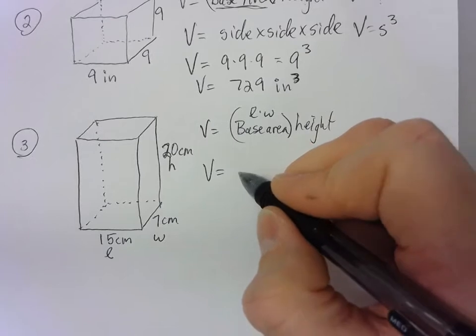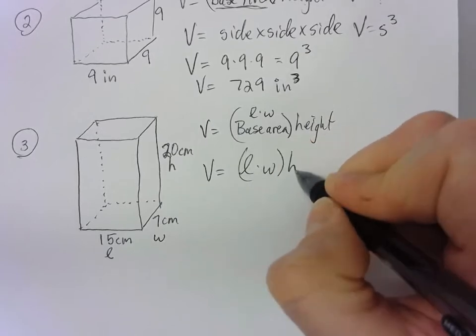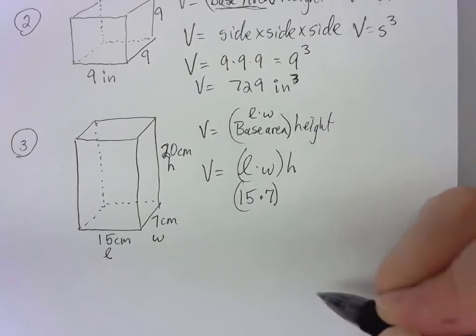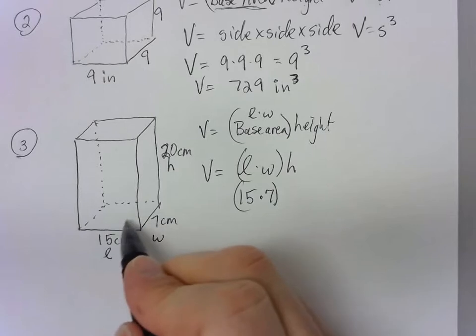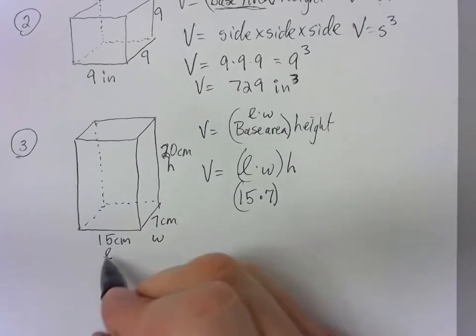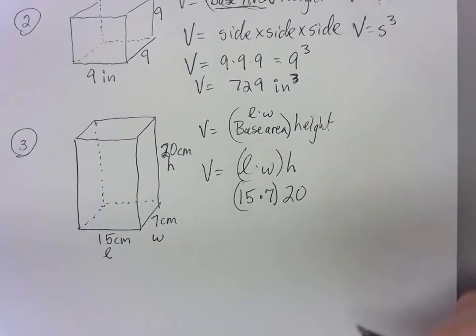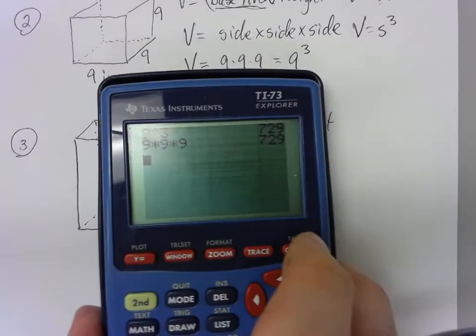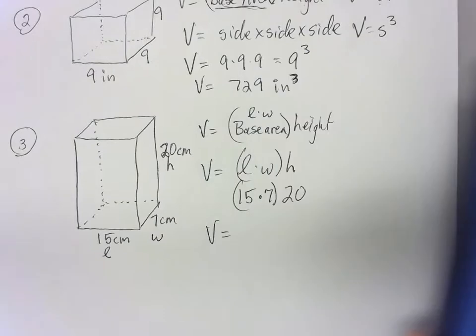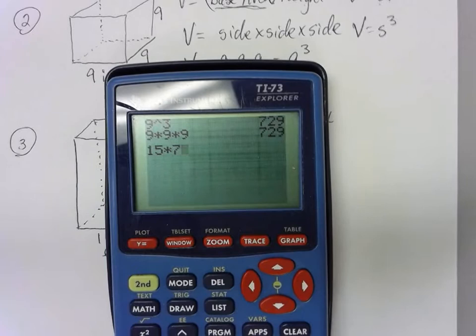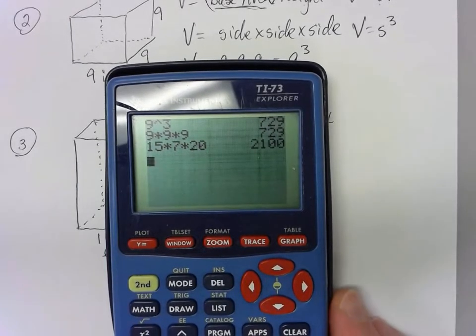So that just means you would go back and use the old length times width times height formula, which would be 15 times 7 to give you the area of the base, which of course would be that little rectangle down there. And then once you find the area of that, you just multiply it by the height of the whole thing, which we know is 20 over there. And that would give you how many cubic centimeters it's going to be. So again, we can take our calculator, and we're going to do 15 times 7 times 20. 15 times 7 is the area of the base, and you just multiply it by 20, which is the height, and that gives us